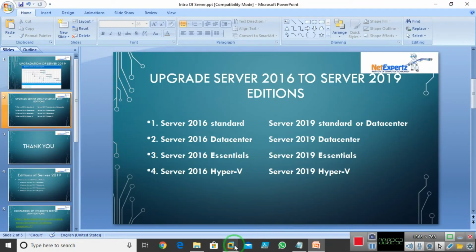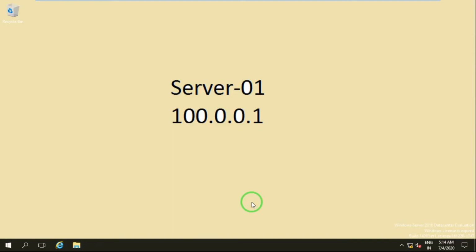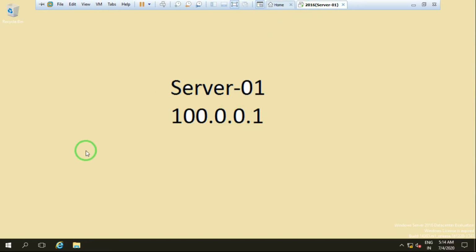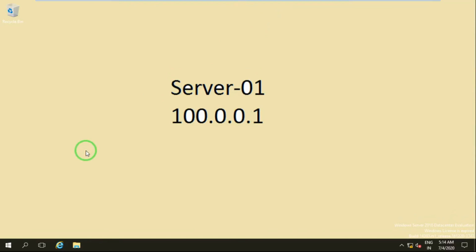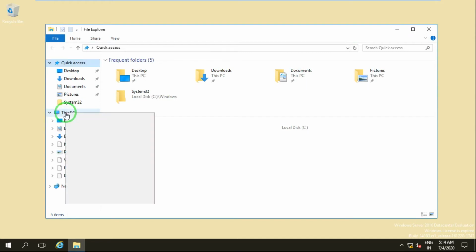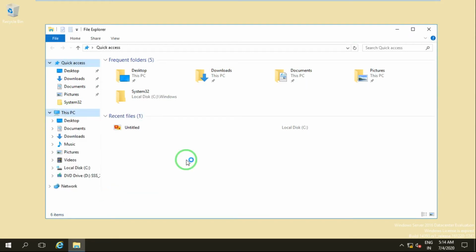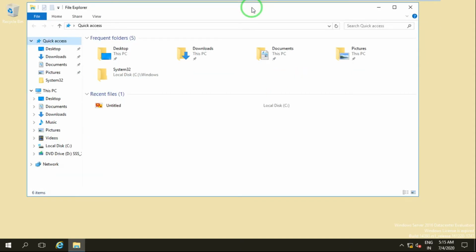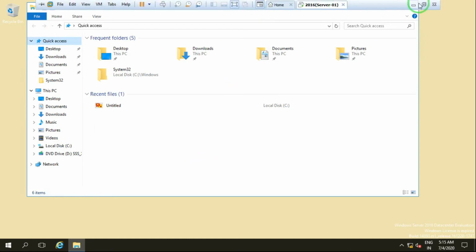So let's see the practical, guys. I already have one virtual machine. You can see this is my virtual machine, Server 1, and it is running Server 2016. If I open File Explorer in my server, go to This PC and open Properties, it takes time to open.